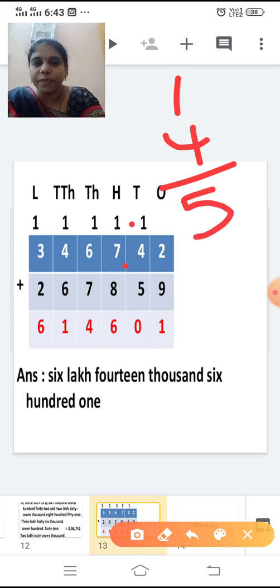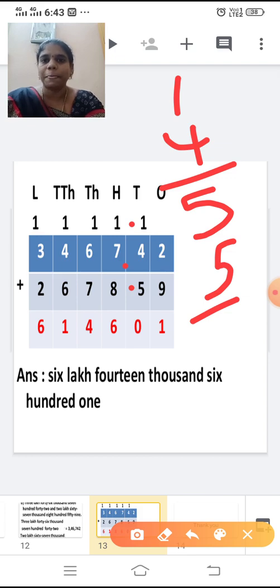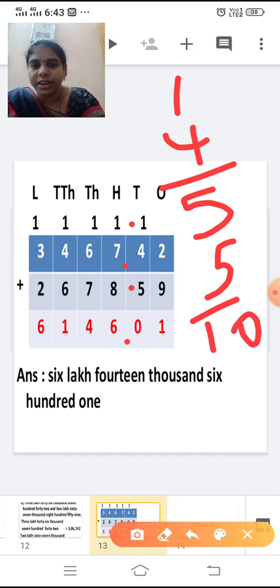With this 5, I'm going to add the next number 5. Add 5 and 5 and tell me the answer now. I'm keeping 5 in the mind, 5 in the finger. After 5, I'm going to add 5 numbers. 6, 7, 8, 9, 10. So write 0 here and 1 is carried over to the hundreds place.